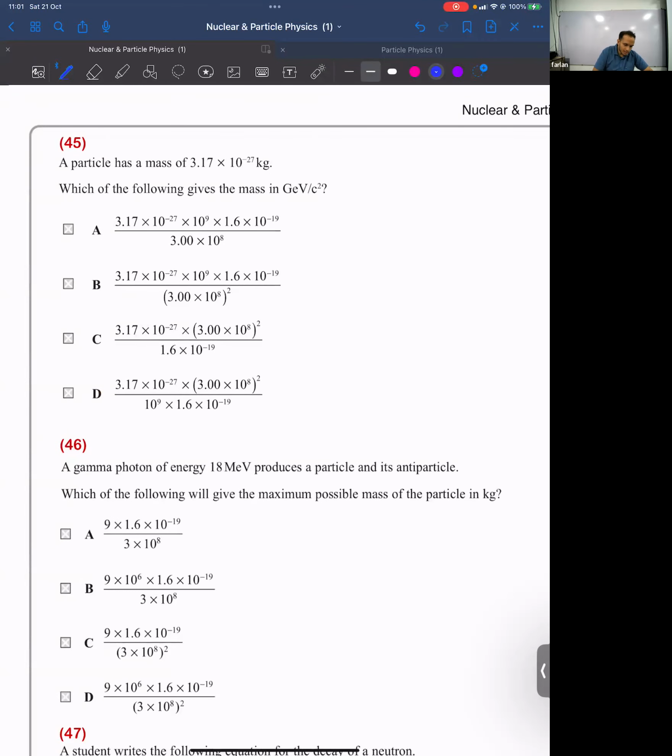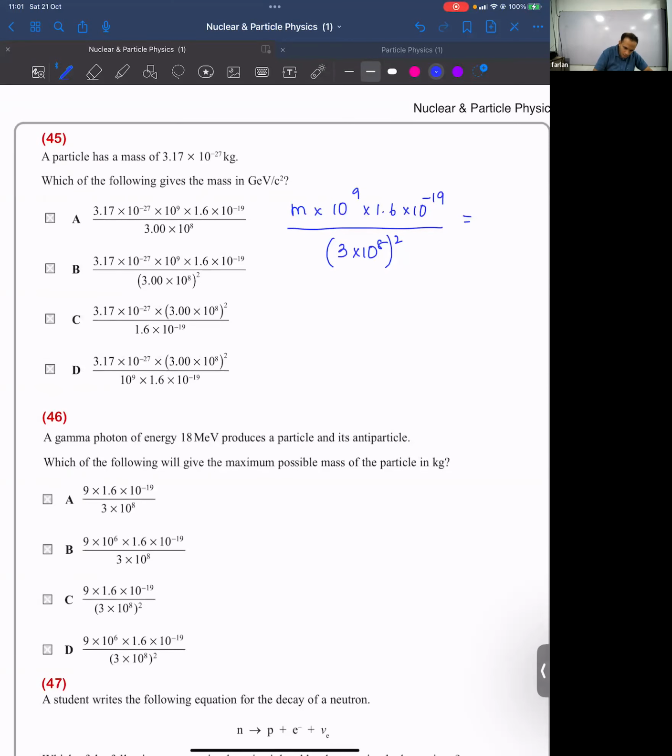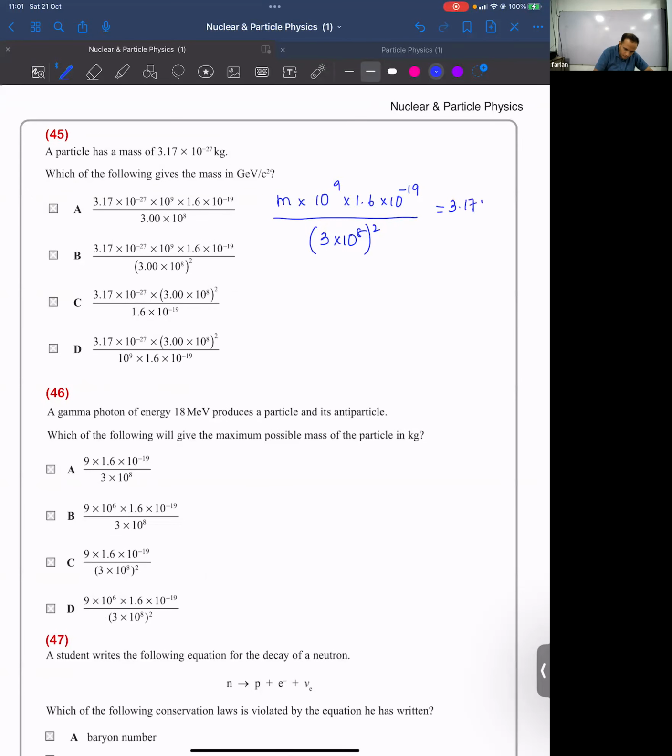If I take the mass in giga electron volts over c square as m, that multiplied by 10 to the power 9 into 1.6 into 10 to the power minus 19 over 3 into 10 to the power 8 square will give you the mass in kilogram, which is 3.17 into 10 to the power minus 27. Am I right? So the mass in giga electron volts is going to be